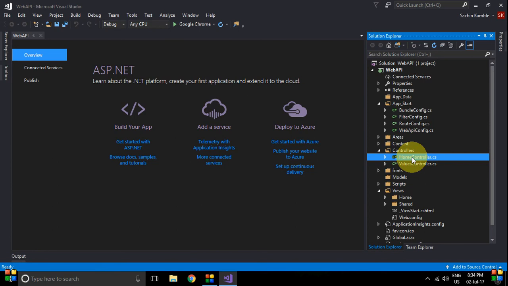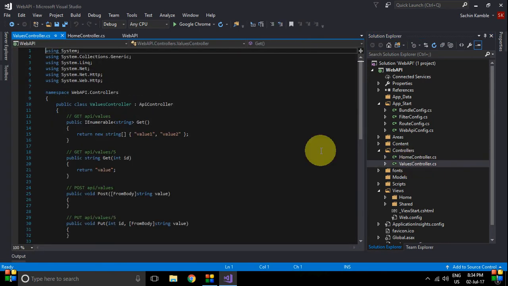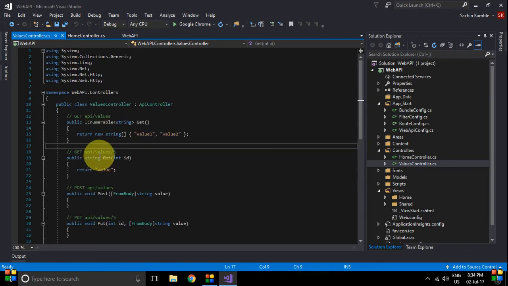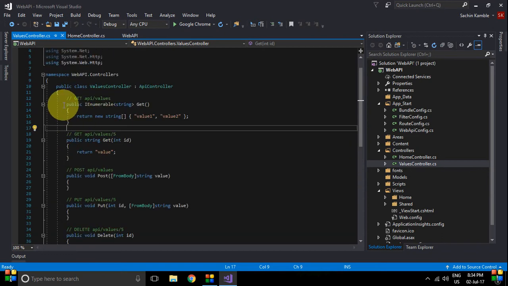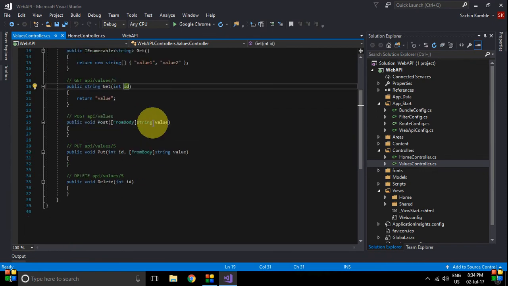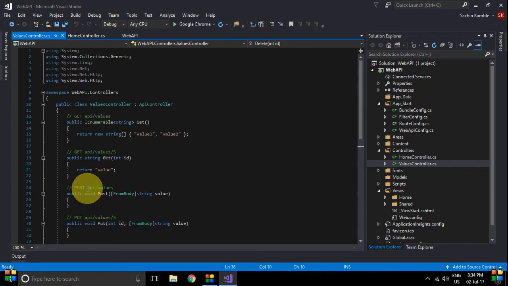So by default there are home controller and values controller. So in values controller you can see there are various methods: get method, get API with ID, post API, put API and delete API.